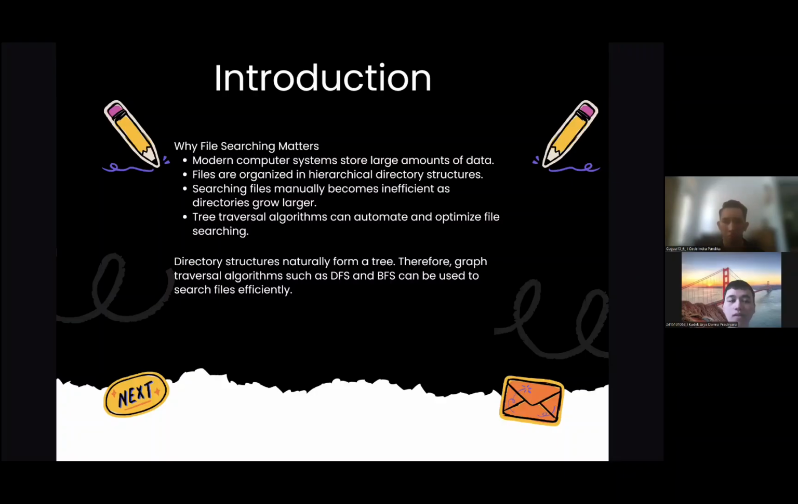Okay, the introduction will discuss why file searching matters. Modern computer systems store large amounts of data. Files are organized in hierarchical directory structures. Searching files manually becomes inefficient as directories grow larger. Tree traversal algorithms can automate and optimize file searching. Directory structures literally form a tree. Therefore, graph traversal algorithms such as DFS and BFS can be used to search files efficiently. Next,